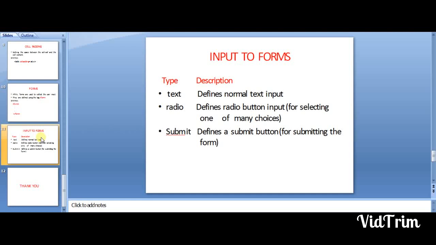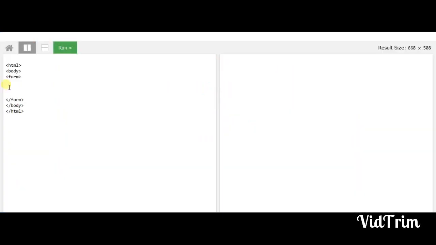Text. It is used to define a normal text input. Radio. It is used to select any one option of many choices. Submit. It is used for submitting the form. For defining the text input, the syntax is input type is equal to text.